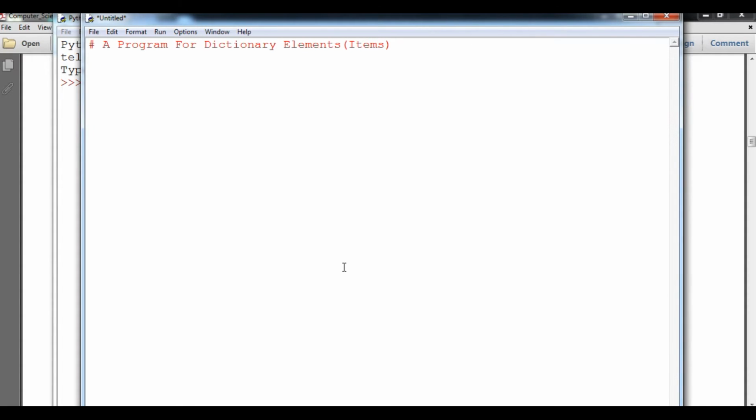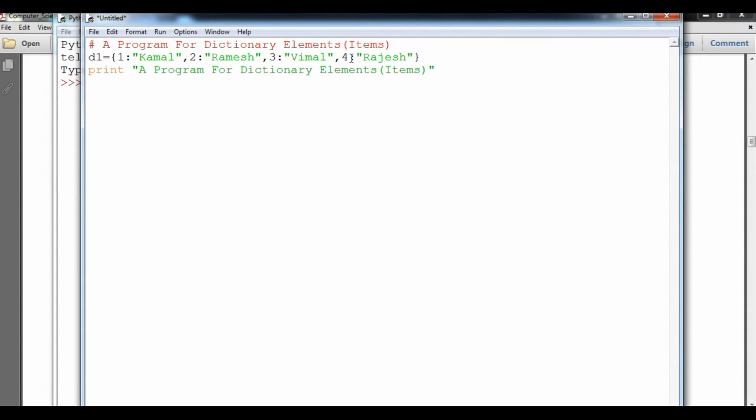Here I'm going to create a dictionary that is D1 equals to, curly braces open and close. Here are some keys: 1, value Kamal, comma 2, value Ramesh, then 3, the value is Vimal, and at last number 4, that is Rajesh.